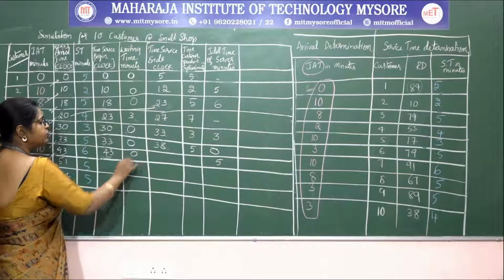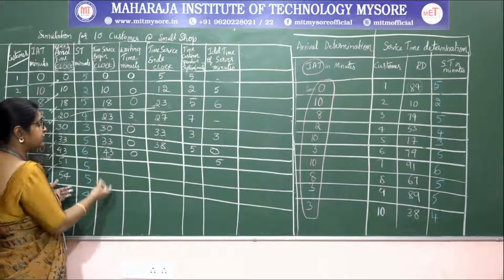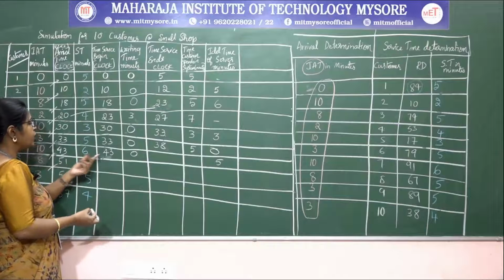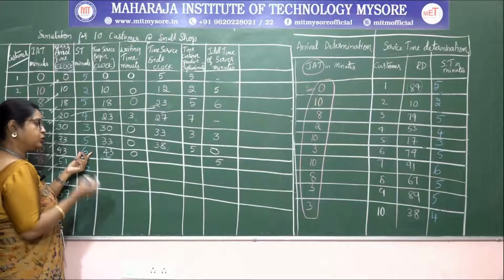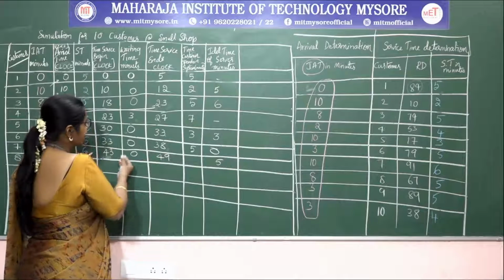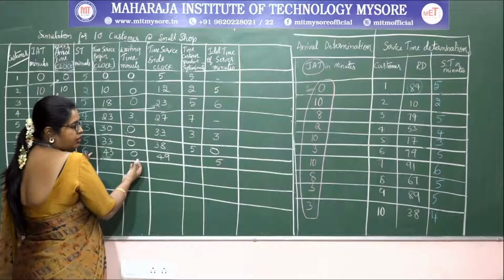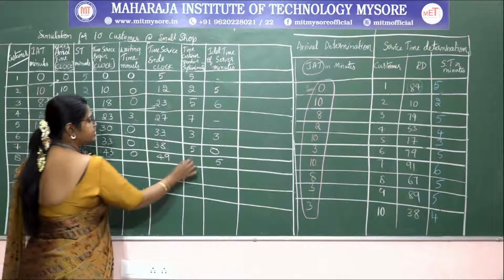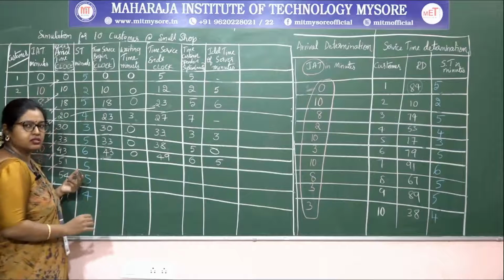Does he wait in the system? No, the server is idle, because of that reason he has not waited in the system. He started at the 43rd minute and took 6 minutes of service totally. So at the 49th minute he is going to complete his work. He has not waited in the queue. Therefore only 6 minutes he has spent in the system.